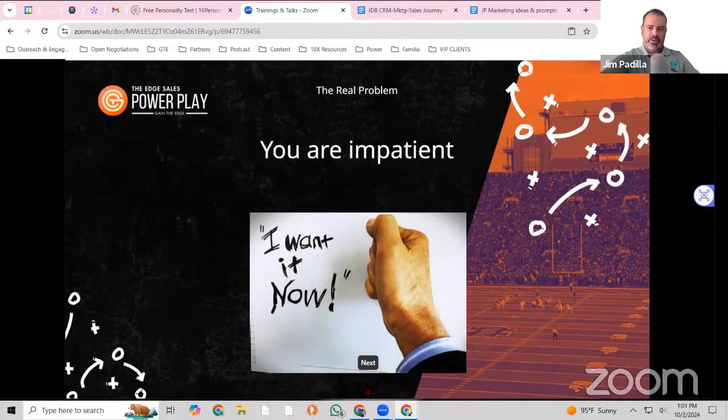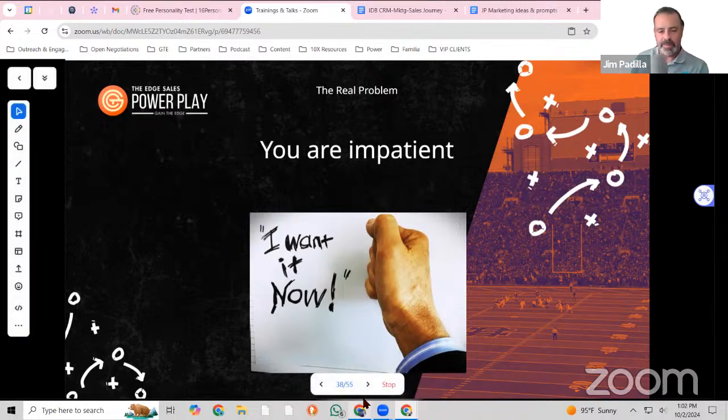And just a side note, do you like the graphs? Give me some feedback on the slide decks. We're playing with this because the Edge Sales Power Play is a new program for us, a new opportunity. We're really liking it, and we're getting great feedback on it. This is us drawing on the whiteboard. We're in the locker room. Okay, team, we're ready right now. Let's get the full court press. Let's make sure we're running and gunning. So like the images here, like we are drawing on the chalkboard, we're making stuff happen. Let me know your thoughts on that. Give me some feedback.